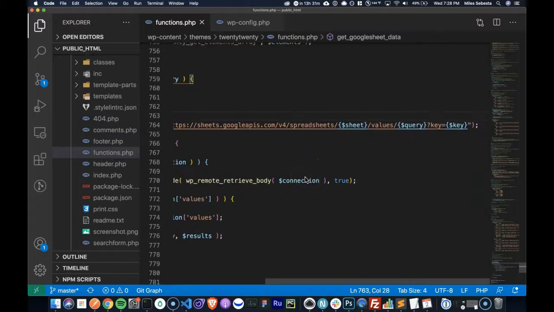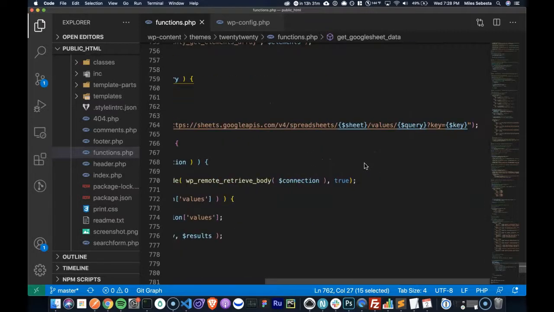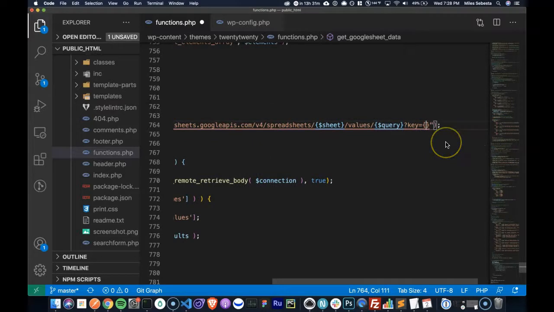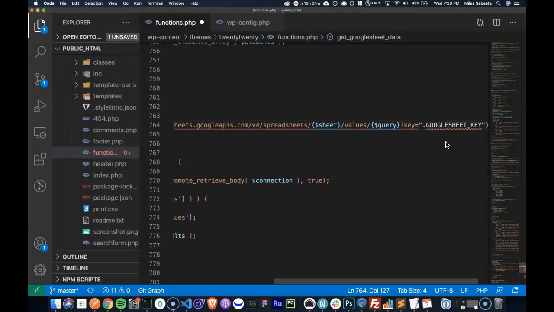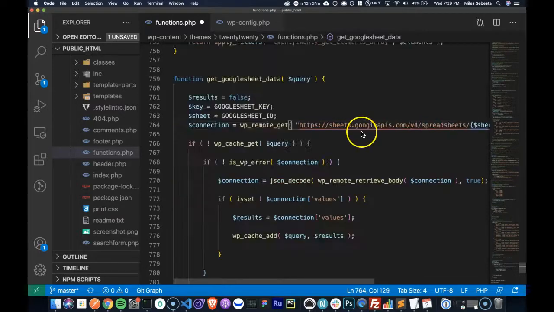I can clean up this code a little bit more by coming into here, and I'm going to go to the key, and so that's not going to work like that because PHP doesn't know what to do with it, so I have to concatenate it by putting a quotation, period, concatenating in the key, then another quotation.